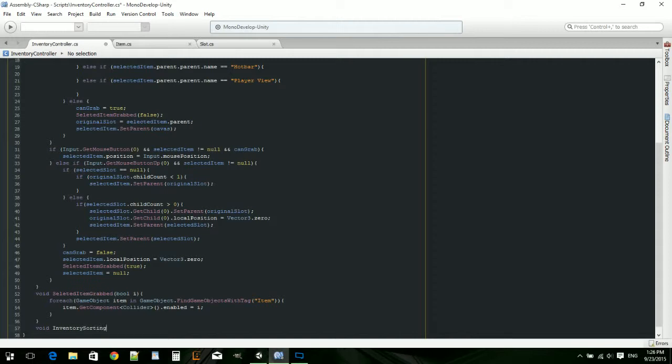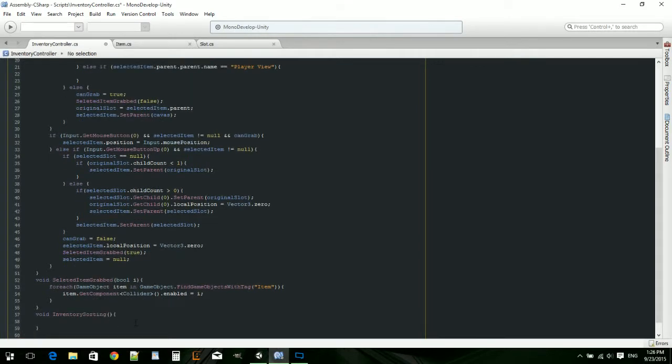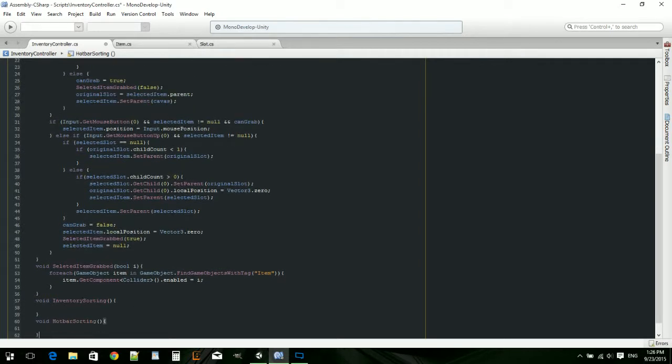There we go. The second is going to be called hotbar sorting. Oh, backwards. Alright, so